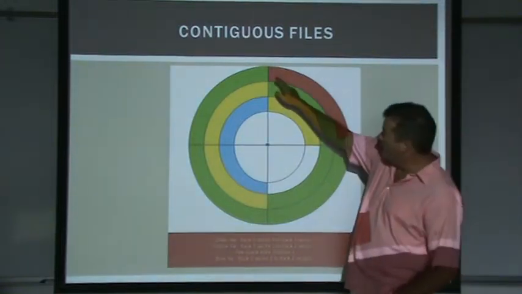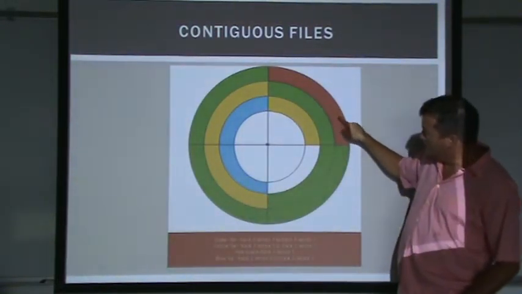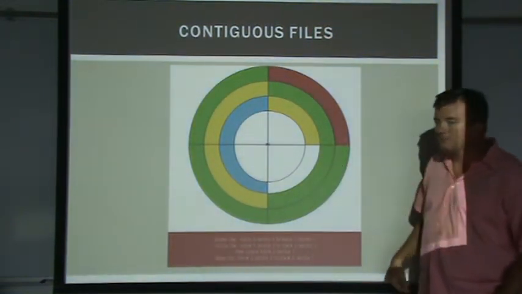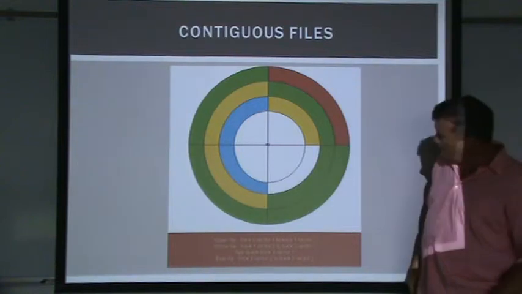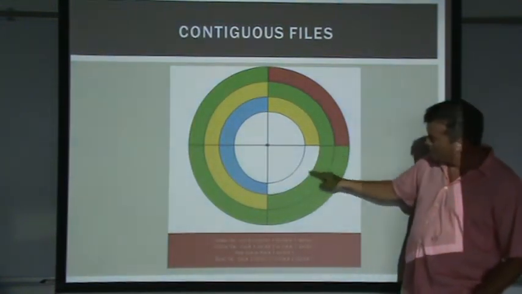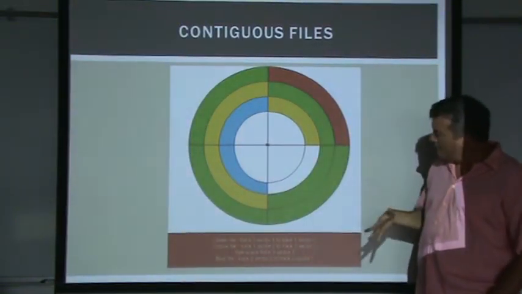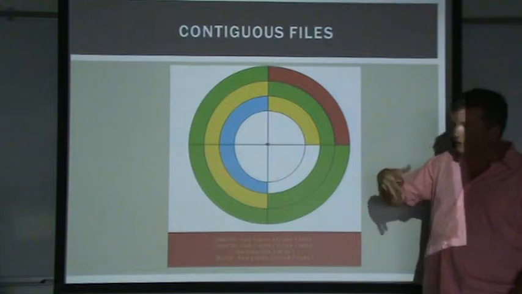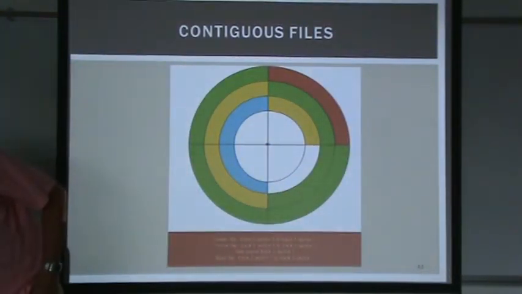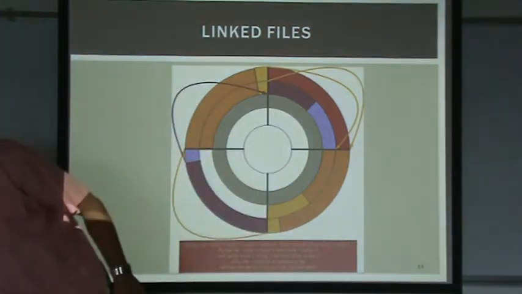So also in our index of where files are, we probably also want to keep some pointers to where sectors are that are not being used. So now if a new file needed to come in, and we happen to know we have one contiguous sector in a row and the new file coming in could fit in there, we could put it in there. If it doesn't fit in there, we may have to find a place with two contiguous sectors in a row.